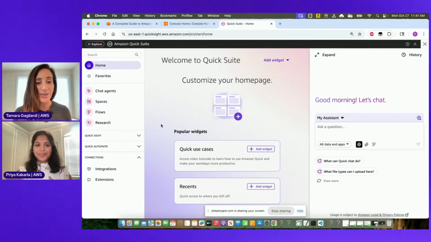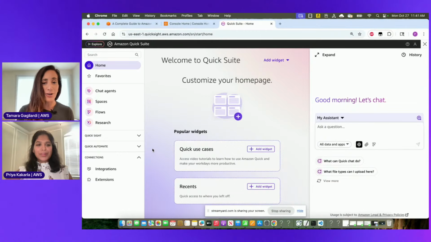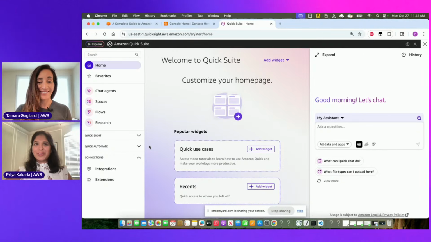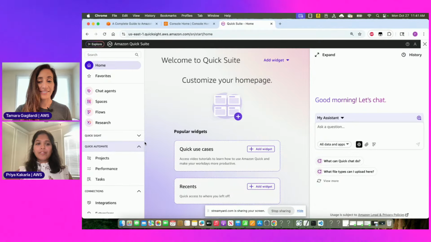But let's continue on the other options that we're seeing on the left-hand side. And also I'm curious about that new chat capability. Of course, I'll show you how that works as well. And then the quick automate, like how in flows for the simple process, like simple prompts or commands, you can